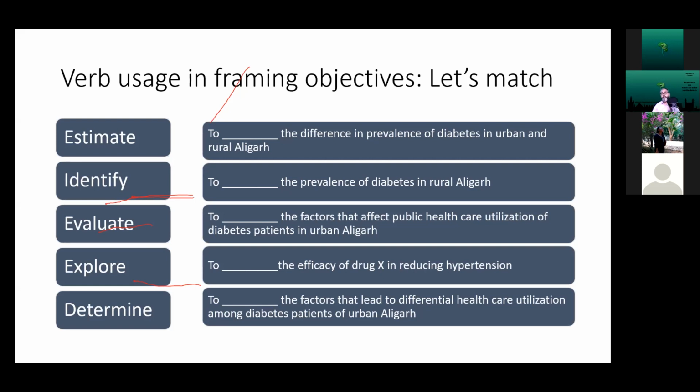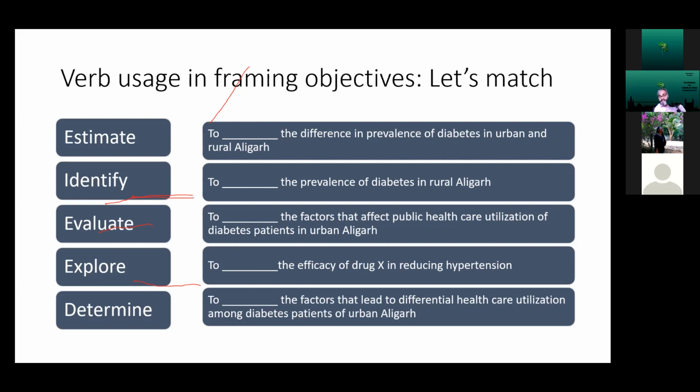It's very important that while you're framing these objectives, you also think about the outcome. What am I going to get? Am I going to get a quantitative number, or a prevalence, or a percentage, or a mean? Or am I going to get a qualitative term? To dash the prevalence of diabetes in rural Aligarh,